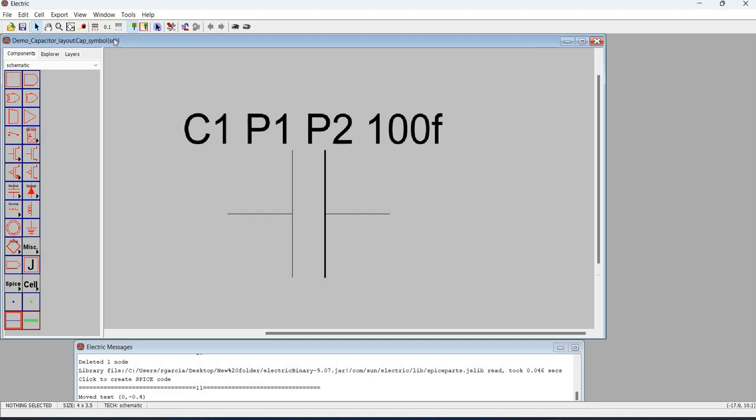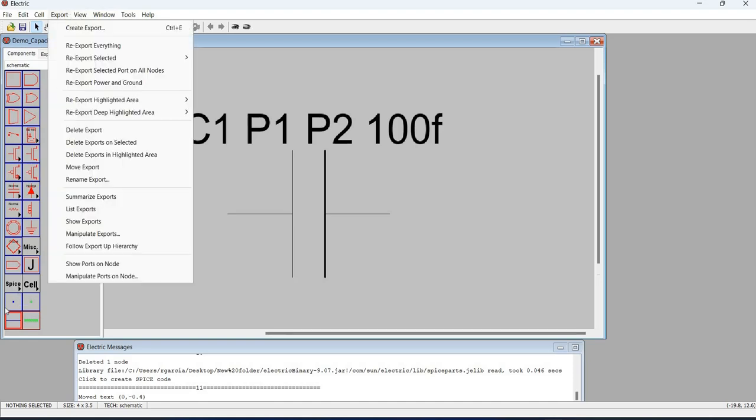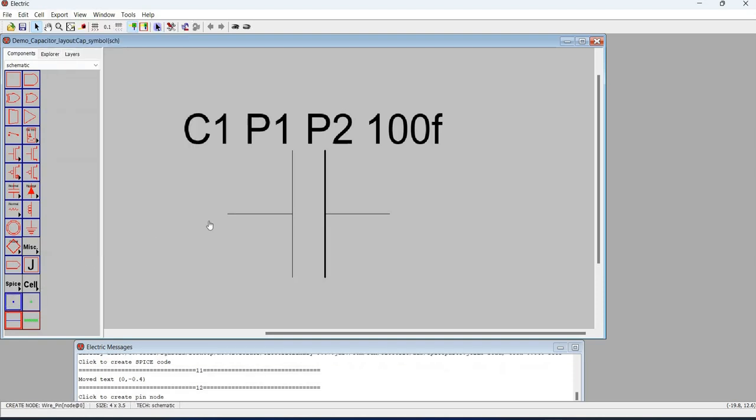But before that, let us include first the pins, export pins for your capacitors. So let us try to include P1 and P2 across this junction.